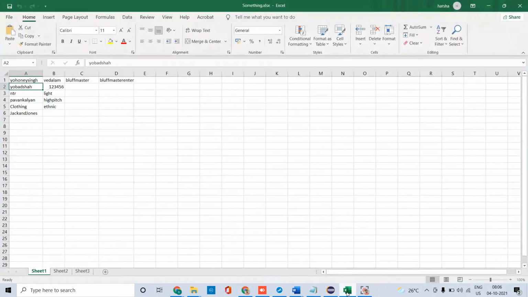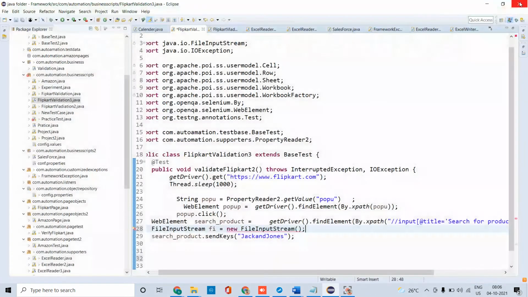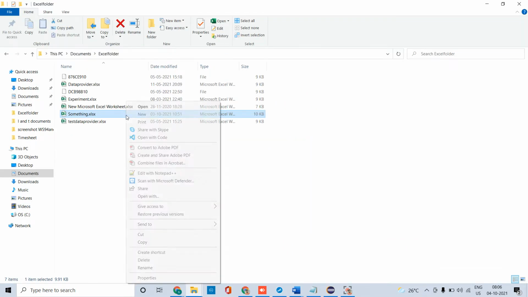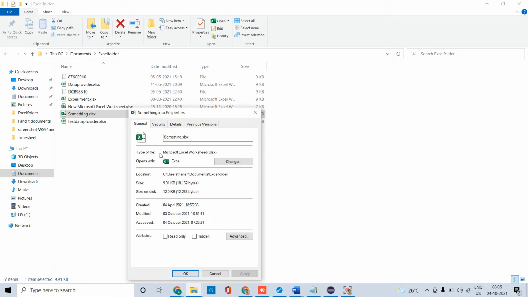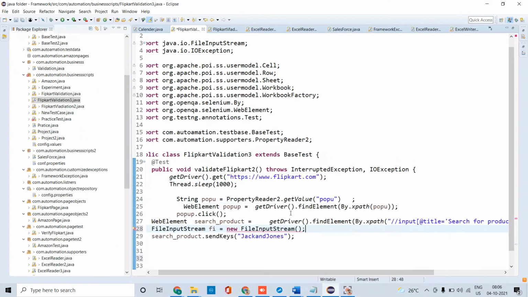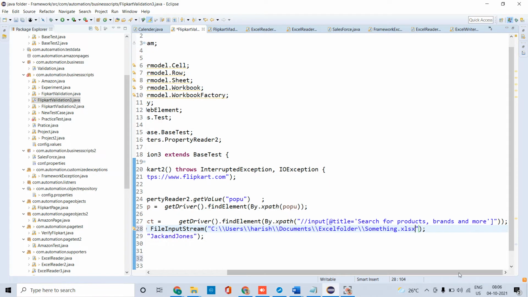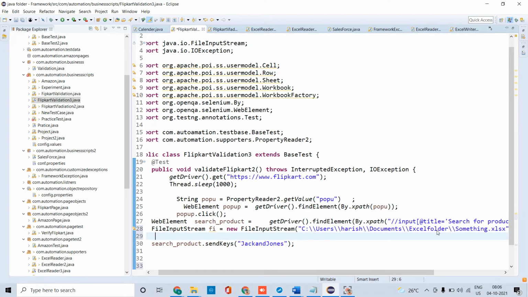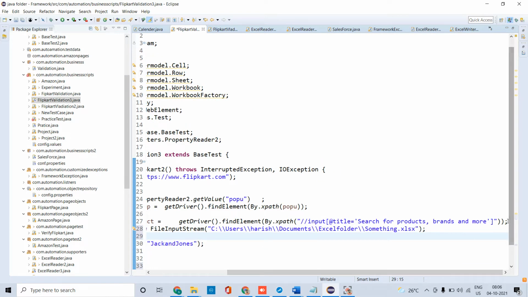Now I want to give the path of this Excel sheet. So I am taking the path. Now I have taken the path, it's working fine.